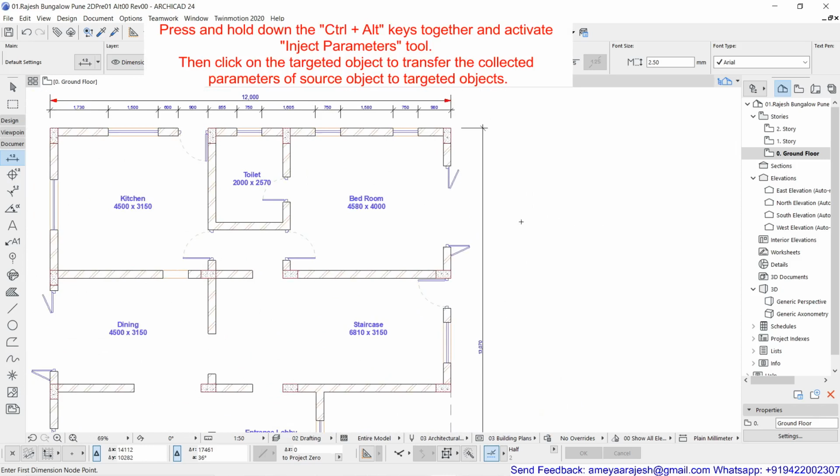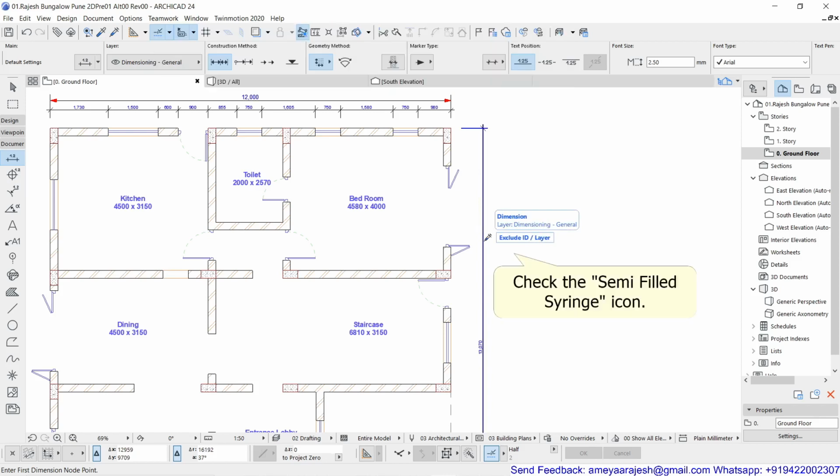So I just have to hold Control and Alt together on the keyboard. If you hold only Control, you'll get the scissors, that is trim. I'm not interested in that. Not only Alt either. You have to press and hold both Control and Alt, and go on the destination, where you want to inject the parameters which you have selected earlier. Then you just have to click.